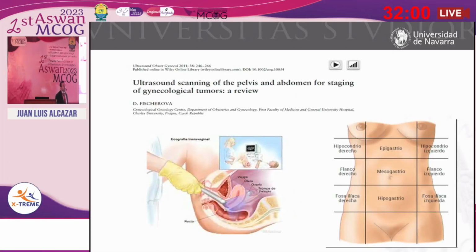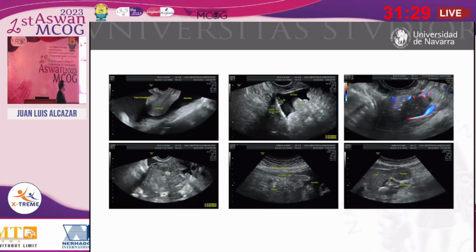For this reason, in Prague, in Czech Republic, more than 10 years ago, Daniela Fischerova proposed the staging of ovarian cancer using ultrasound. And she proposed a specific method, a scanning procedure combining transrectal, transvaginal ultrasound and transabdominal ultrasound to detect where the disease is in cases of ovarian cancer. And you can see